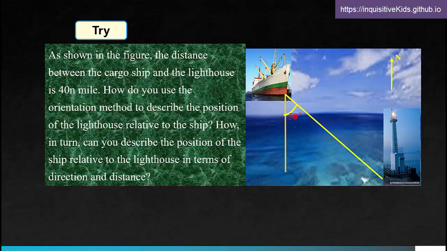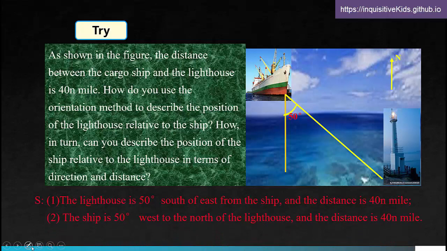We first have the direction and the angle, and then we talk about the total distance here. So this is north. So here's the solution. The lighthouse is 50 degrees south of east from the ship, and the distance is 40 nautical miles. The ship is 50 degrees west of north from the lighthouse, and the distance is 40 nautical miles. So it's this